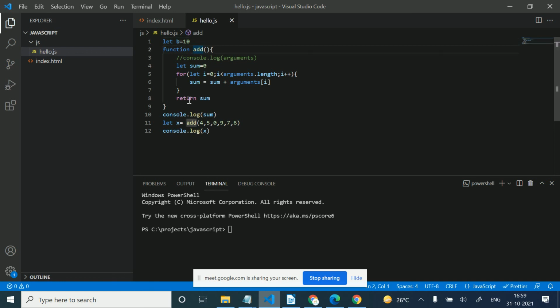This global variable will allocate memory, and this sum variable also allocates memory. But when the execution of add is finished, it will release the memory.